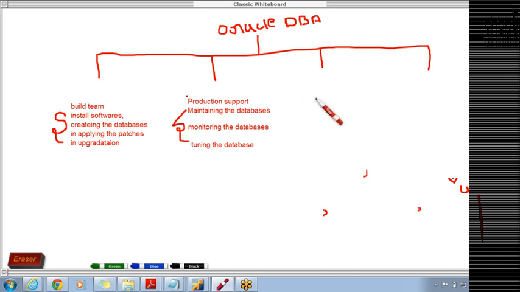You may also get a chance to work in the security team. As a DBA, you'll be involved in securing the database, such that there will be some confidential information in the database, and that confidential information must be accessed only by the users who are allowed to access it in the organization. So if you get a chance to work in the security team,